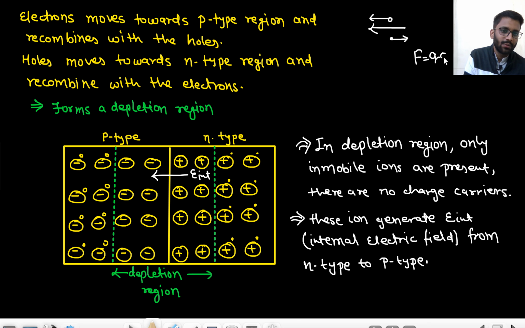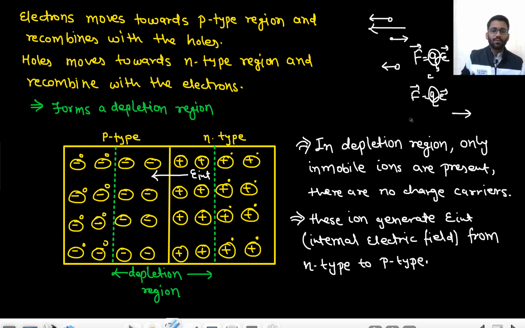Because what is force? Force is equal to QE. Electron is negative, so this quantity will be negative, right? So electrons will be feeling the force in the opposite direction, and holes will be feeling the force in the same direction as the electric field, because F is equal to QE and holes are positive. So you need to remember this, electron will feel the force in the opposite direction of